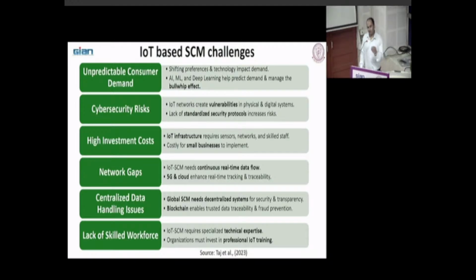Basically, not all the members are familiar with this IoT technology, how they can use it, how they can get the maximum benefits of IoT technology.